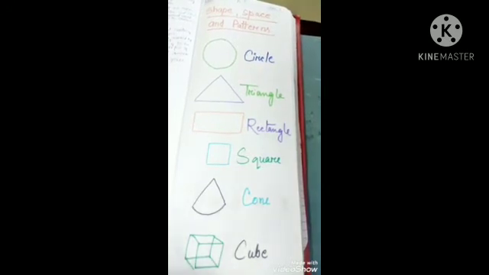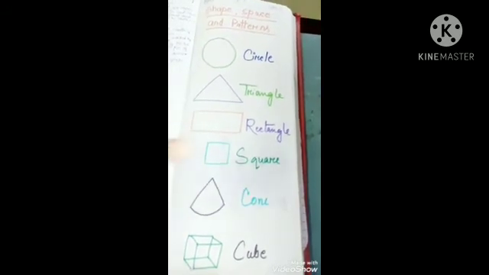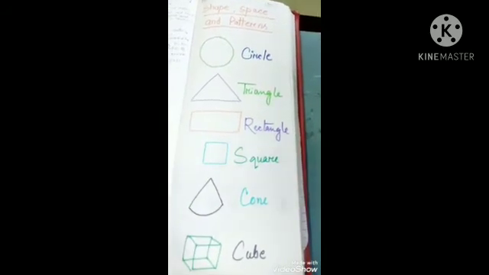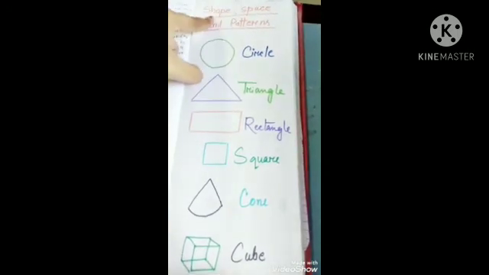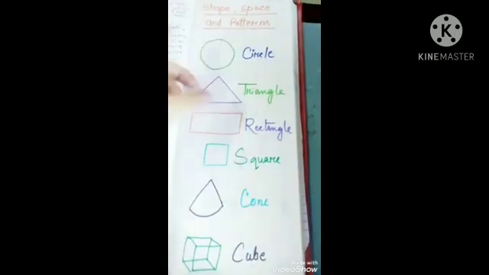We will learn more about that, but first let us learn about the two-dimensional shapes. That means how many corners do they have, how many sides do they have, everything. Before we solve any kind of problem, I will tell you first about these topics. So now I told you about shape. Now let's see what are space and patterns.